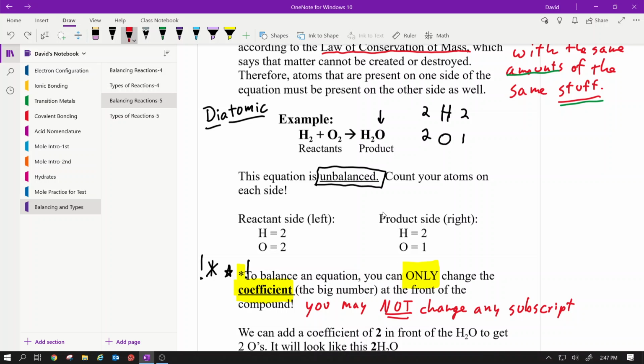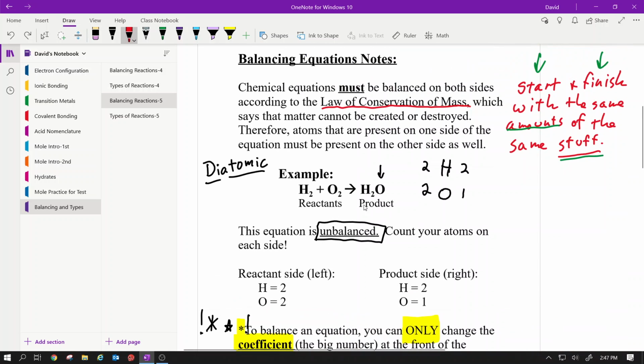Now, hey, let's just come back up here to our reaction and see if we can do this on our own. All right, because I'm a fan of just trying this out. Now, I have 2 oxygens over here, which means I need to get 2 on this side. What could I change? Where could I put a number to get 2 oxygens? Well, the only place I can put a number is out here in front. So I'm going to put a 2 right there. So just on oxygen,